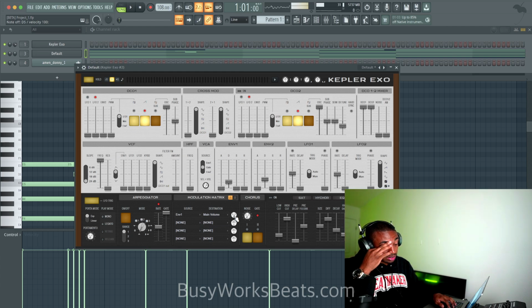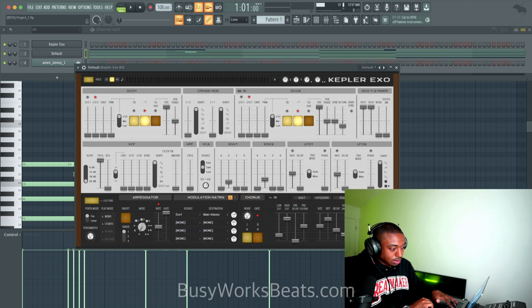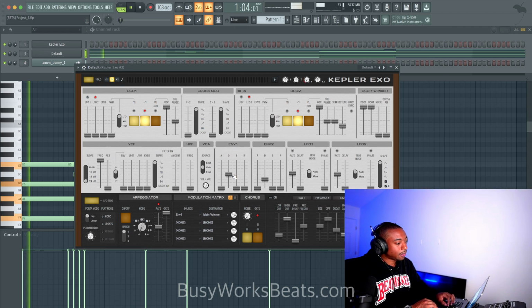Now what's weird though is that there's sustain still, even though this says no sustain. So that doesn't make sense. I don't know how to undo the main volume. It's a little weird, quirky. I don't know if that was intended with this synth or what, but let's turn the volume to 0 and see if, okay, there we go. Okay, so we have to turn the volume to 0 for it to fully go. There we go. Kind of odd, but.